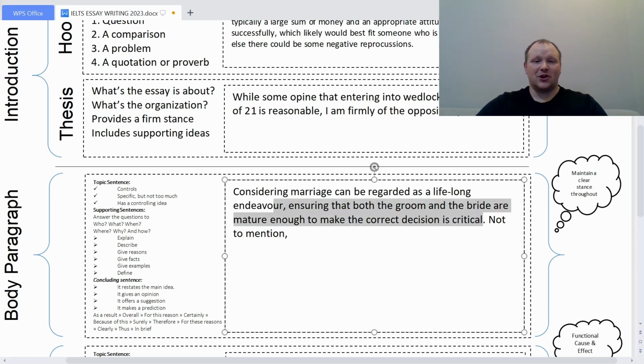This is my topic sentence, okay? So this controls the whole paragraph. It's specific but not too specific. I'm talking about the groom and the bride, and this is a very critical decision. So